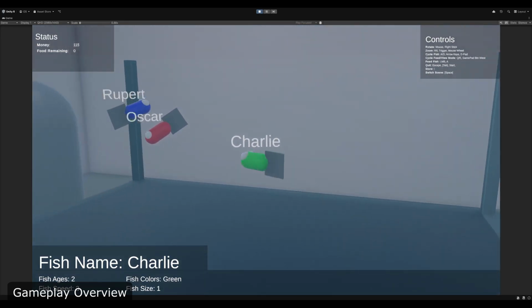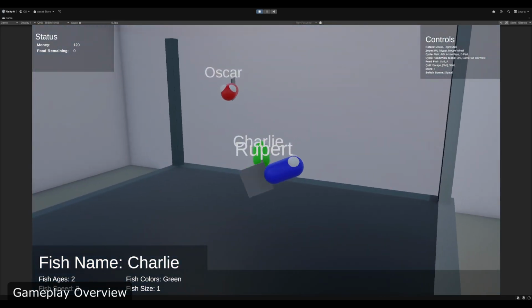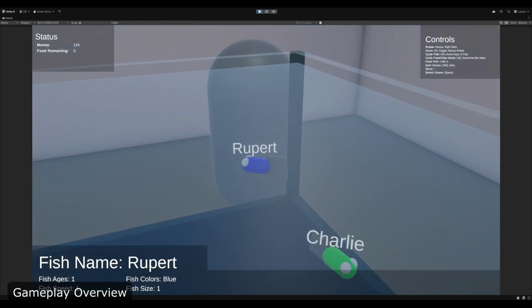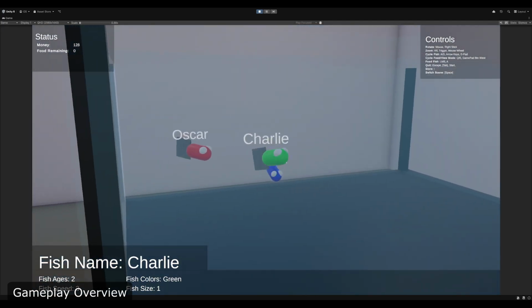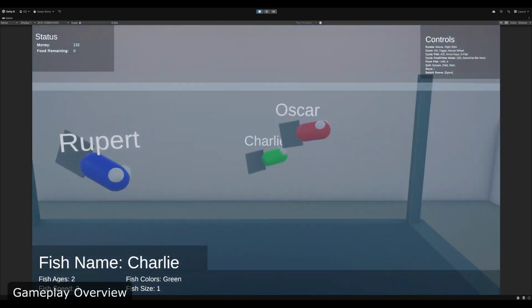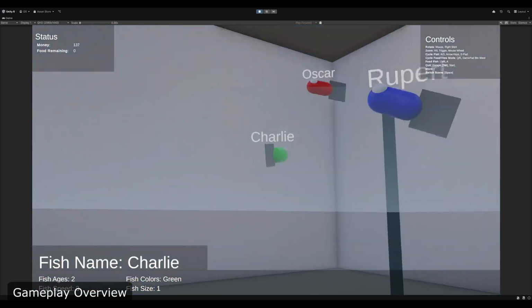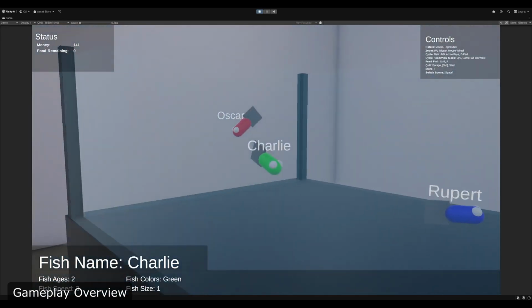With each of these fish, we can see in the bottom left that the actual information about the fish is being updated as well. So with Charlie, we can see that he is 2 years older than Rupert, who's kind of a new fish around the block. Charlie is also green in color, and his speed is a little bit faster than Rupert apparently,